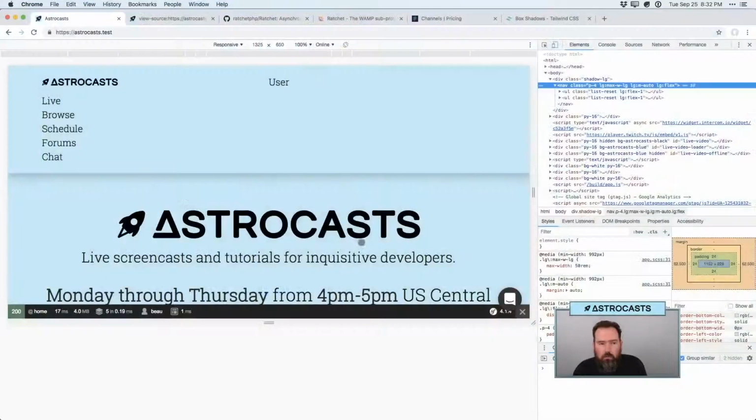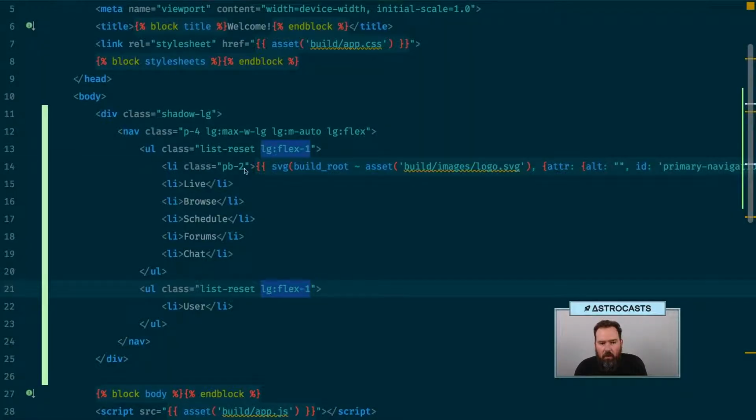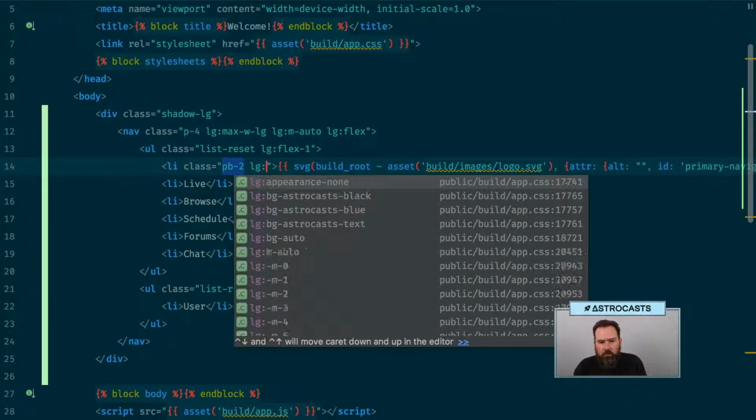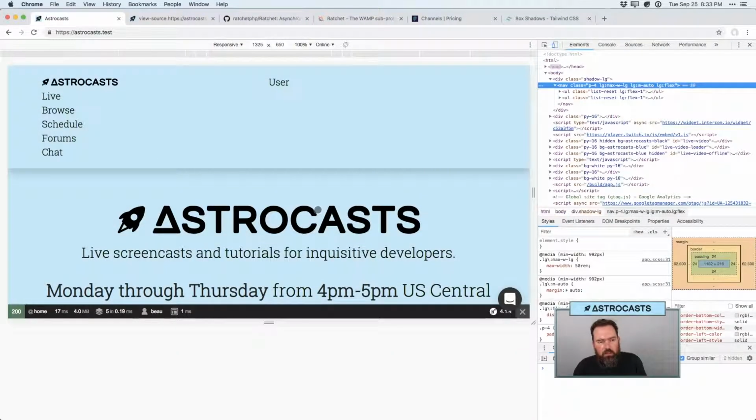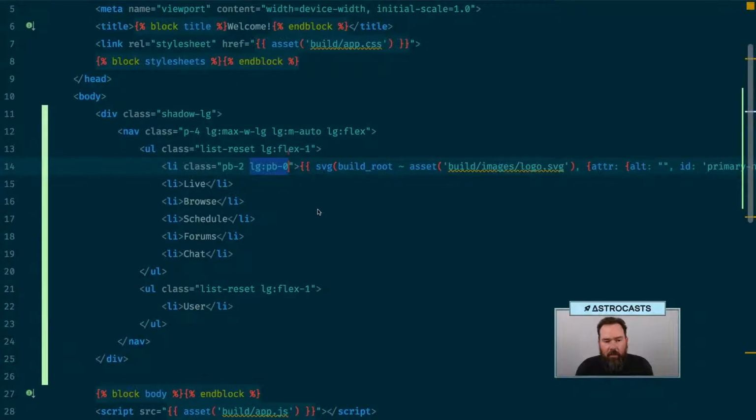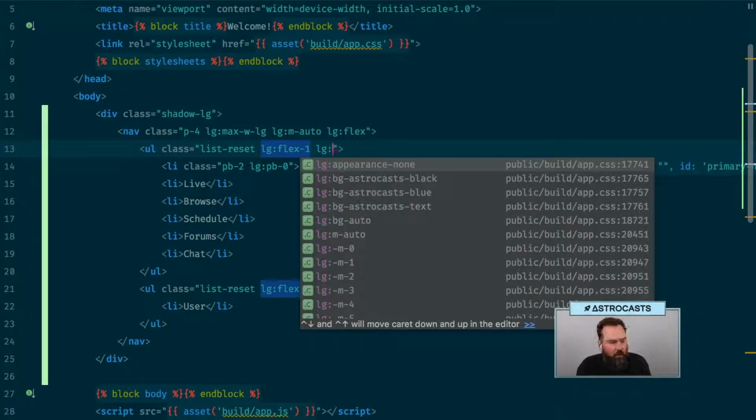Actually, let's get this one going first. When we're large, we want to remove the bottom padding from the logo. So that sucks everything up close. Now they're all going to be the same height. And now we're going to actually say that when we're in large, this item also,